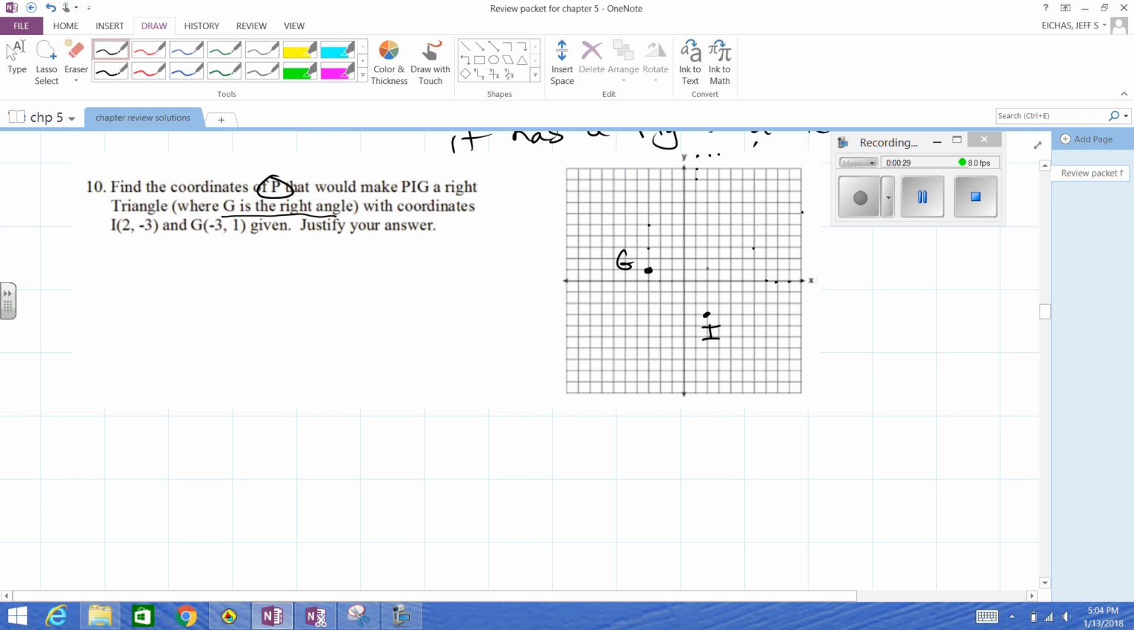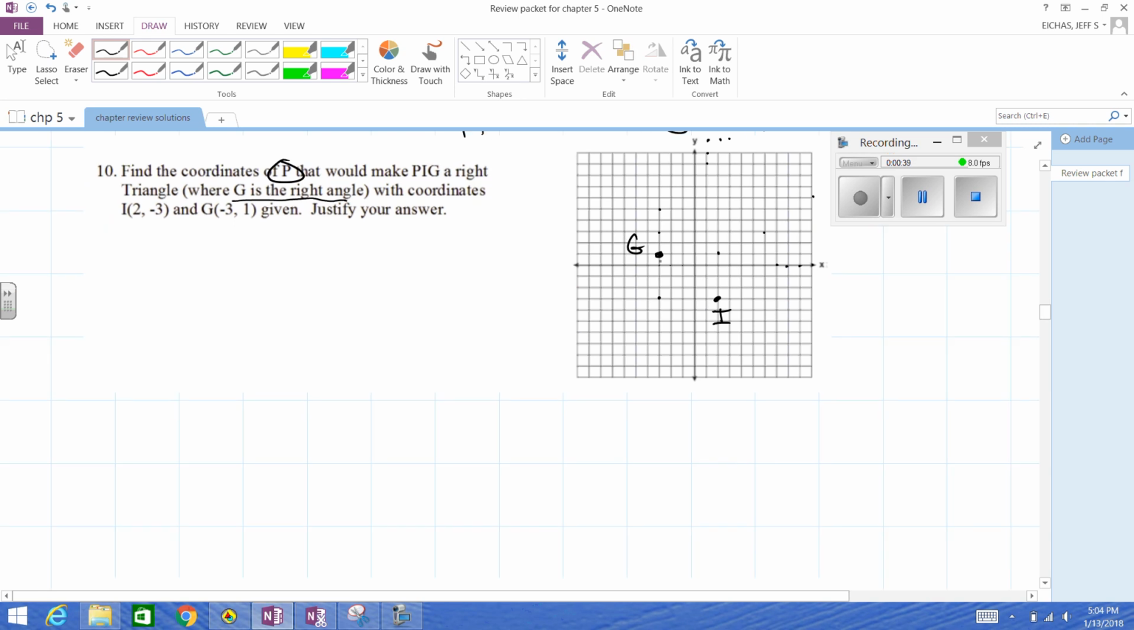Okay, that's weird because these 2 points would be nice, but that's not going to make G the right angle. That would make it a right triangle, but not with G at the right angle. So, tricky problem. Very good one. Like it. All right, so what we're going to have to do with coordinate geometry, we have to justify, so